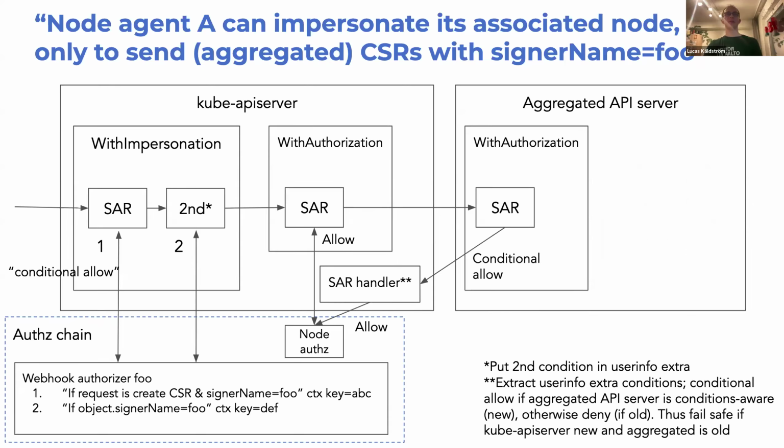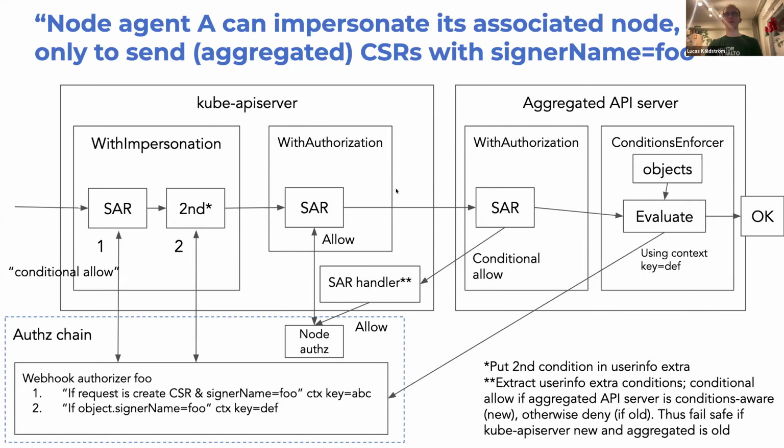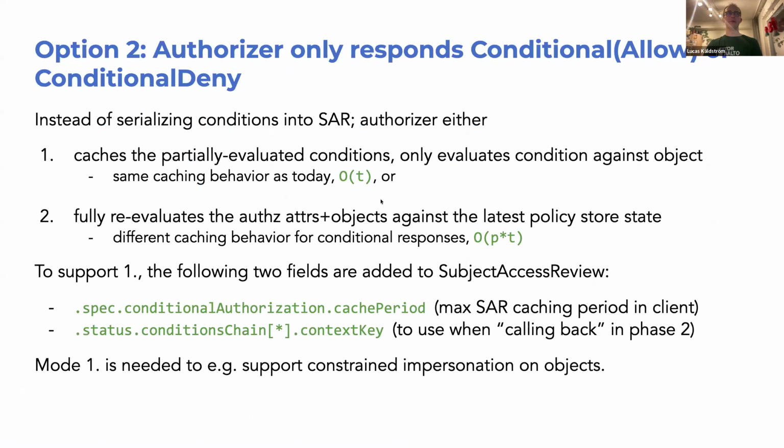The point was not to say that we want to do this. The point was to say that I couldn't figure out a difference in expressivity between using the context key and using this thing, between option 1 and 2. That's basically the main point, using that as an example of the absolute worst case of what you could have today.